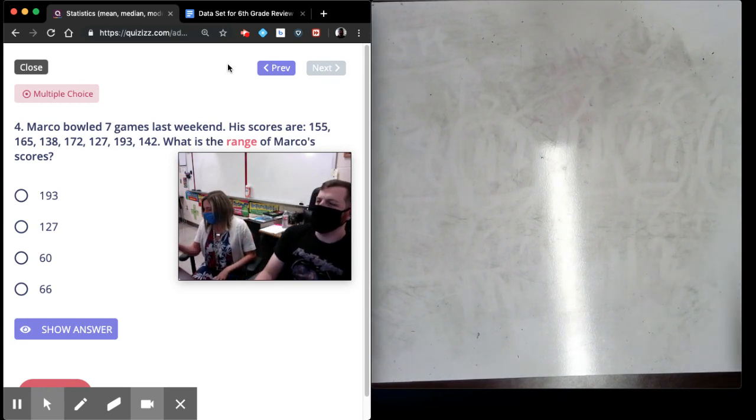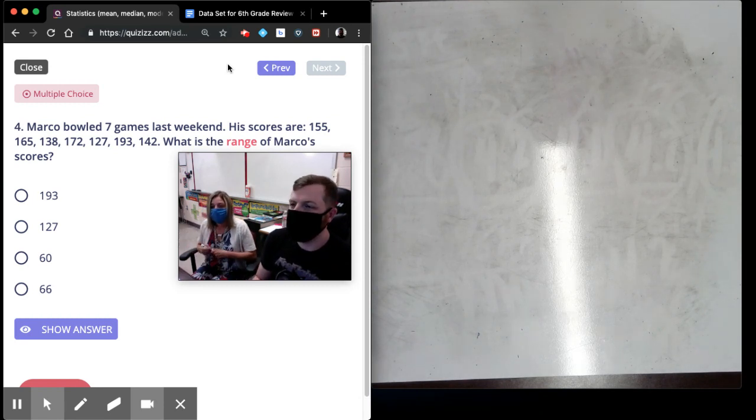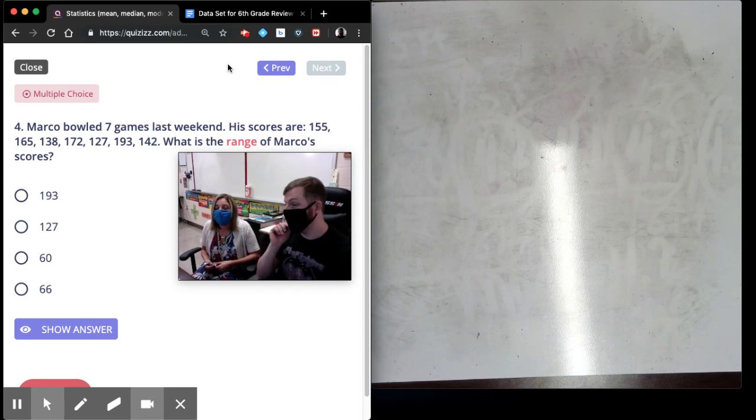All right, so we're going to be talking about the range. Hopefully you saw this a little bit last year in 6th grade. The range is basically the distance between the smallest number in the data set and the largest number in the data set. Do the other numbers really matter? Not whatsoever. You're looking for the smallest, compare it to the biggest, and see how far apart they are